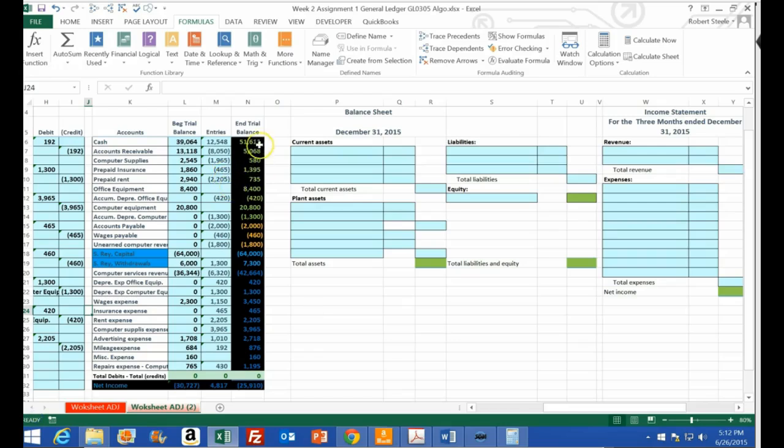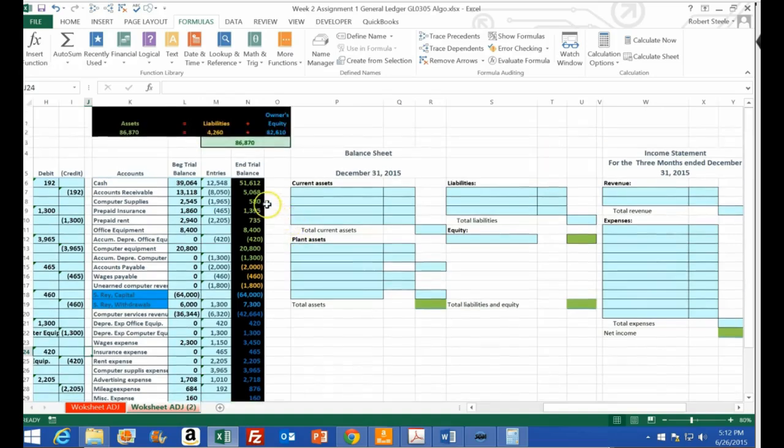So now what we're going to do is take these ending trial balance numbers and make the financial statements from them. So we're going to take them from a debit and credit type format and put it into a financial statement format. So we're just going to be using the numbers on this side here. So we can see that the accounting equation is in balance here because of total assets